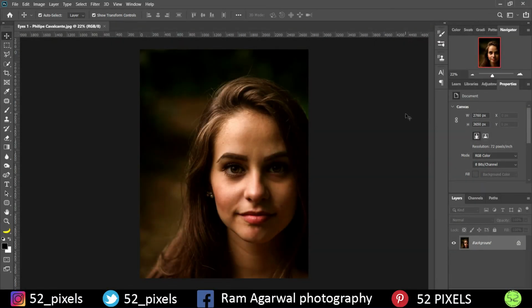Hi guys, in this tutorial we are going to see how to fake eyes using Photoshop. This is the image that we are going to work with today. And as we've seen in the earlier tutorial, yesterday, I just selected a color and painted that color over the eyes, and then using some blending modes, we were able to change the color of the eyes. But in today's tutorial, instead of changing just the color, we are going to add a little more details to the eyes.